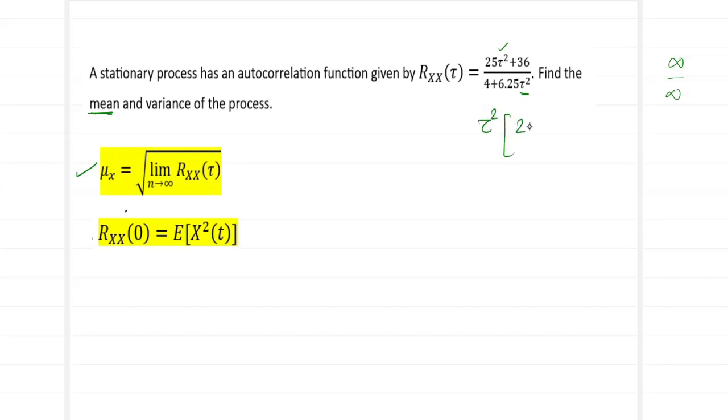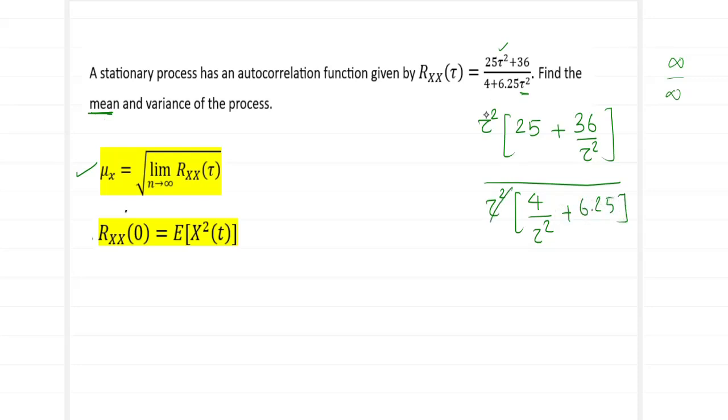So what will happen is the numerator will become 25 plus 36 divided by tau square. This is because this term has a tau square, so you have taken it outside. This doesn't have a tau square, so that comes in the denominator. In a similar fashion, over here also you remove your tau square. So you will have 4 divided by tau square plus 6.25. Now this tau square can be cancelled, and now